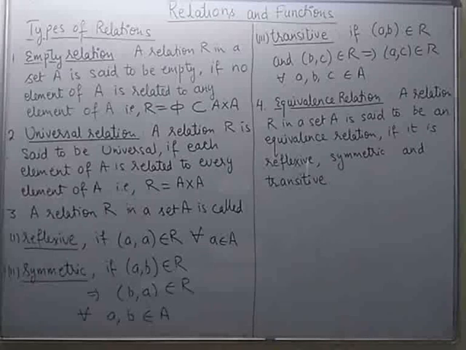Let us quickly take an example. If we say girls of class 11th and the relation is "sister of". In class 11 you find two girls, say A and B, where I know A is sister of B. Then obviously B will also be a sister of A. So the relation becomes symmetric.